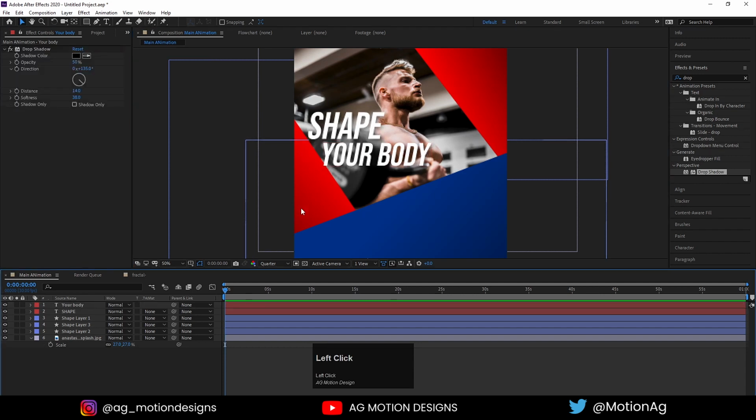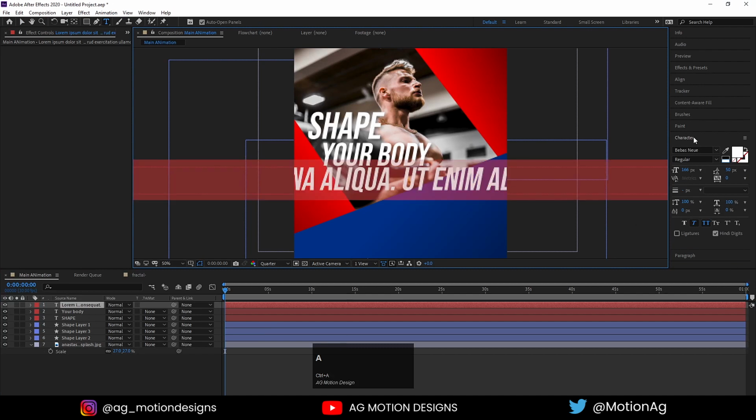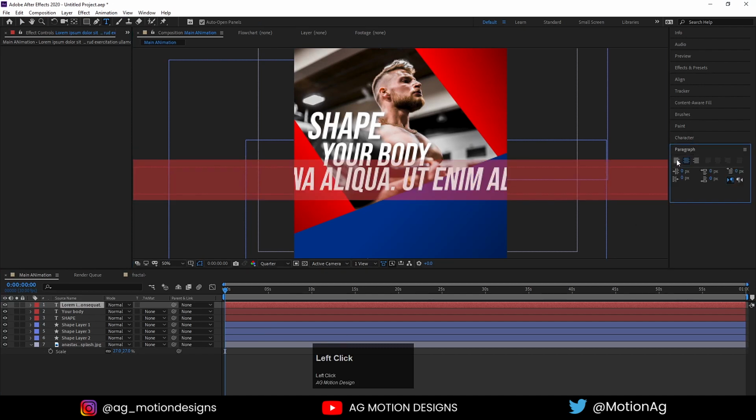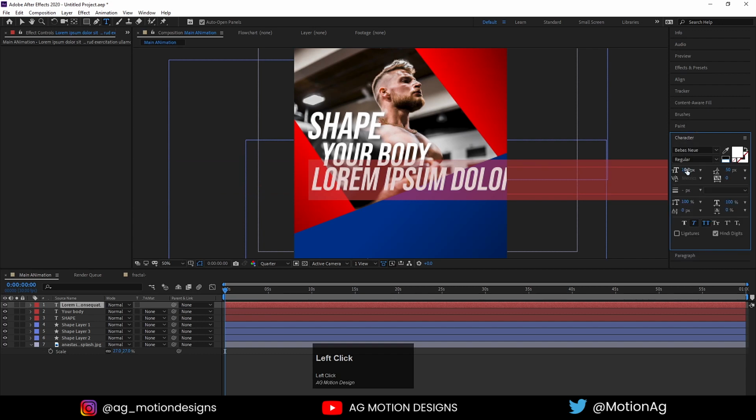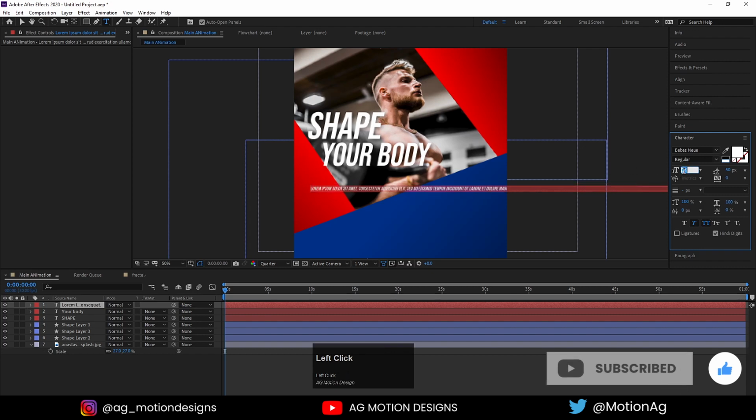After this we need to type one paragraph over here as in a content format. For now I'll type lorem ipsum paragraph. Press Ctrl T to select text tool and make Ctrl V. Hit Ctrl A, go to the paragraph option and left align text, go to the character option, and I'll bring down this font size up to 25, let's say,